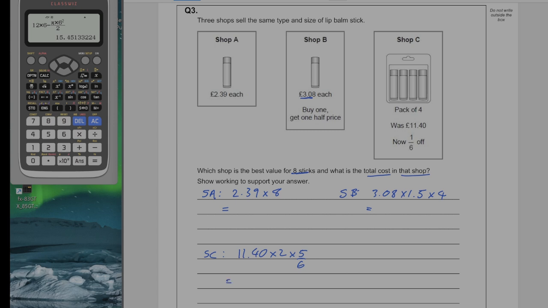Right, now we'll go to the calculator and work them all out. So £2.39 times by 8 gives me a total of, as a decimal, £19.12. For the second one, 3.08 times by 1.5. It's the one there. Times by 1.5 times by 4. That gives me